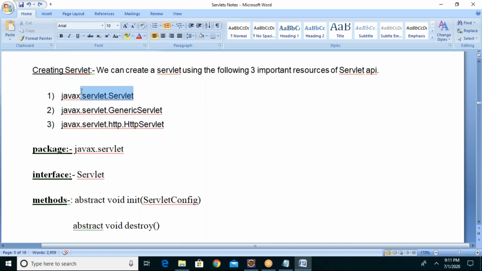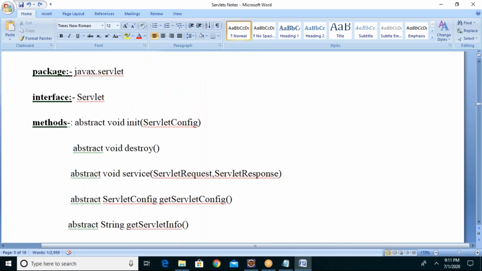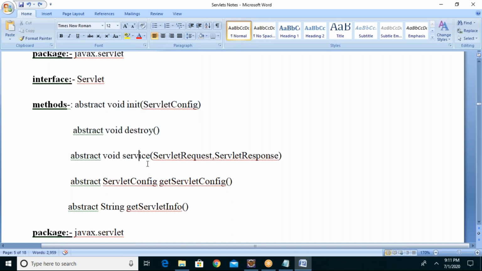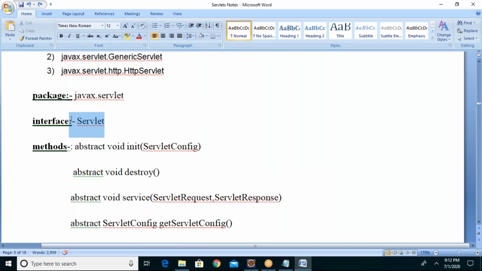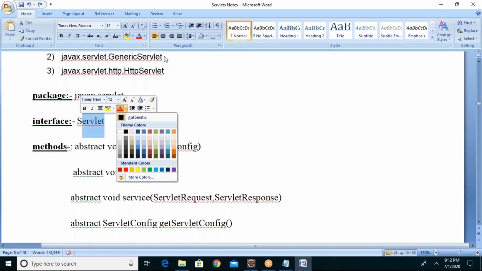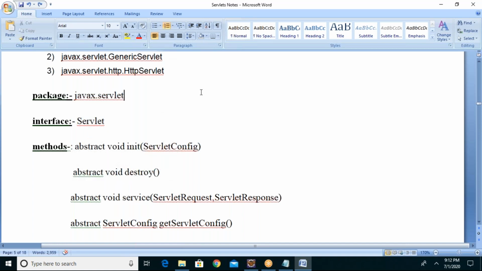Why don't we use Servlet directly? Because if you implement the Servlet interface, you have to override all the methods. All the methods are abstract, but actually we need only one method mandatory. So why should we worry about all the methods? Even if you don't require them, you need to override all the methods. That's the drawback. So we never touch the interface directly. We go with Generic servlet if we want to, because it already implements it. Recently HTTP servlet was added, so it's better to go with HTTP servlet. Am I clear? Yes, sir. Now it's good.